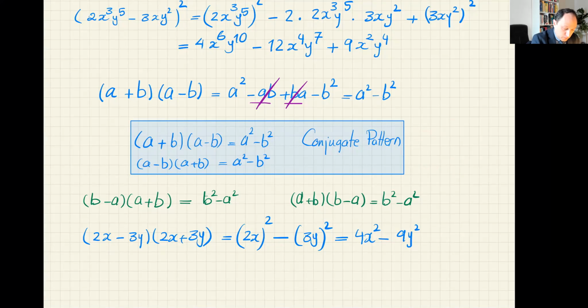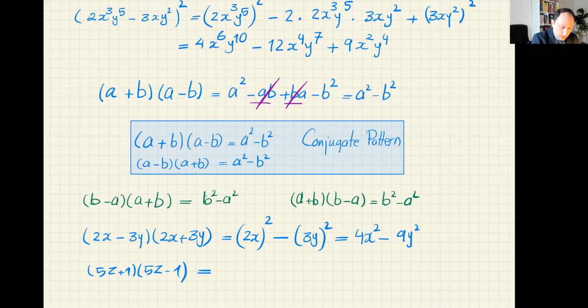Okay, let me give you one more example and then we are done. So I can choose one example from the book. So this is the example in the book. 5z plus 1 times 5z minus 1. Can I use the conjugate pattern here? The answer is yes, because I have two numbers, two terms, 5z and 1. Once added, once subtracted, and then I want to